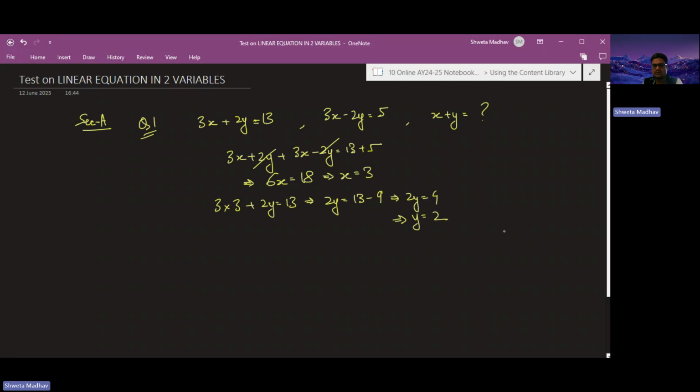So y is equal to 2 and x is 3, so x plus y will be equal to 3 plus 2, which is equal to 5. So 5 is the correct answer. So option A is the correct answer. Then in question number 2, it has been told that